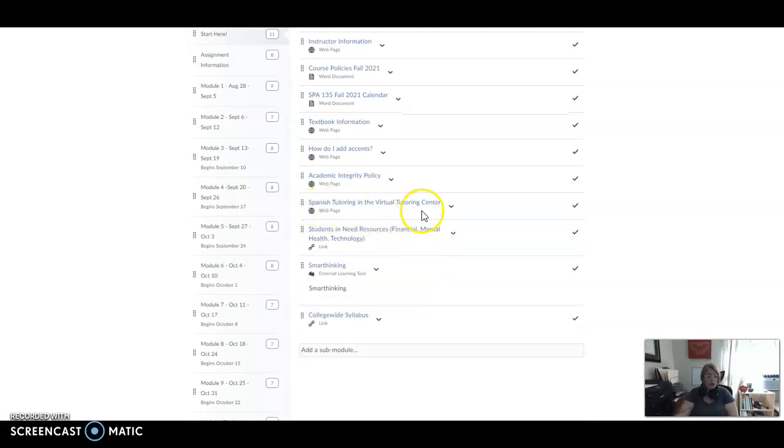Tutoring, there is tutoring available if you need it, okay? And there's definitely resources for mental health, technology. Definitely take a look at this, because if you are in need of a laptop or financial help, different things, we have a food pantry. So there's a lot of information here.